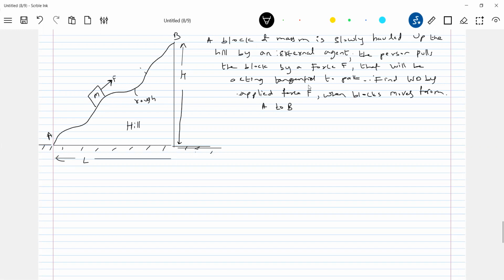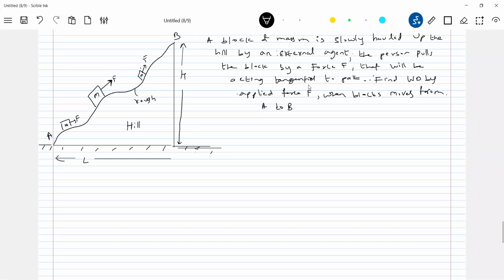Now look at the force. It will act tangentially. I'll show it at places. Everywhere it's acting tangentially. You can see the direction of force here. Are you getting it? So the direction of force will change. And here you see that when the block is here, how the force is acting parallel to the surface.